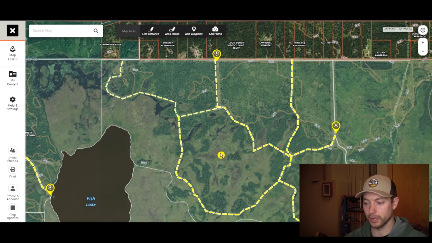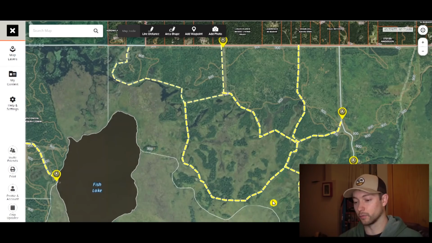And one thing that I would check too from the DNR website for this is, is this walking only? Are people able to use any kind of motorized vehicles, ATVs, e-bikes, things like that? Are you able to use pedal-powered bicycles? There's a lot of places I hunt where you're not even able to use pedal-powered bicycles. You're basically stuck to only walking. And I've even hunted some areas where you can't even bring wheeled game carts in to be able to retrieve your deer. So it's really good to just double check at this point what the regulations are,